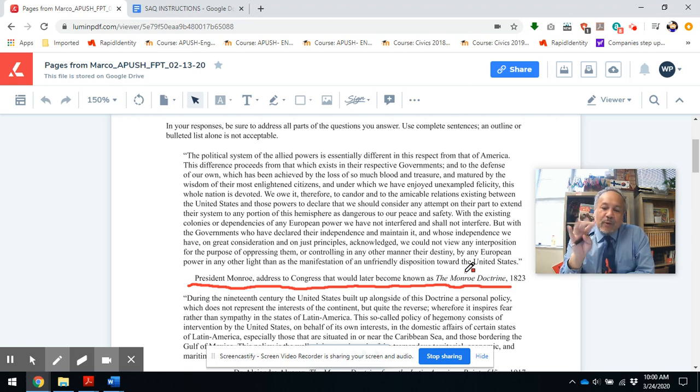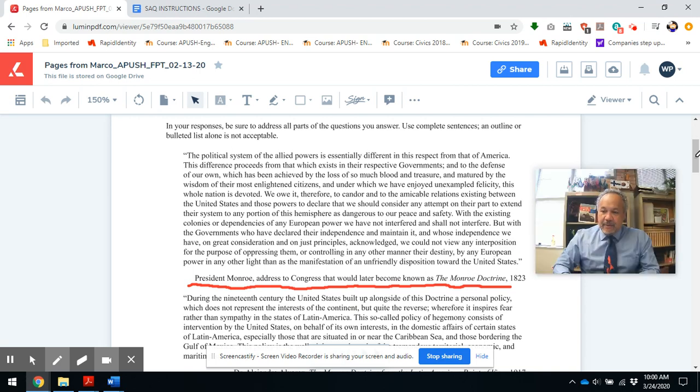The reason why at this time, because of 1823, is that a lot of Latin American nations were striving for their independence, kicking their old colonial rulers out, specifically Spain. Just because Spain goes out, America was worried about all the other European countries gaining new colonies in the Western Hemisphere. So, you know that.